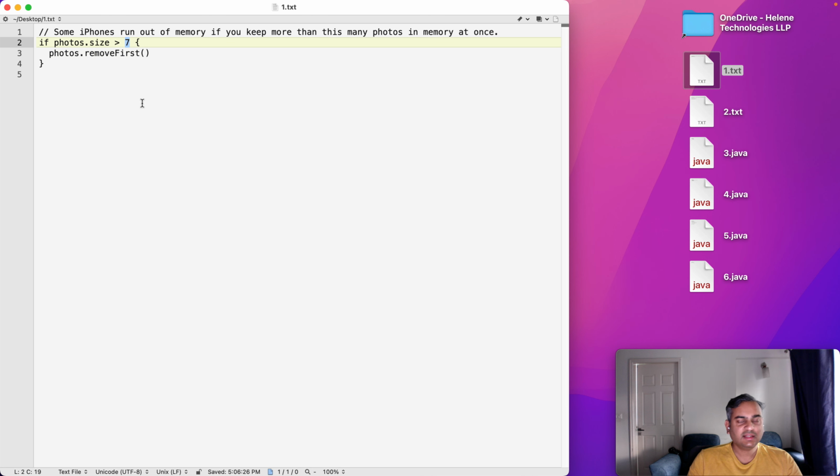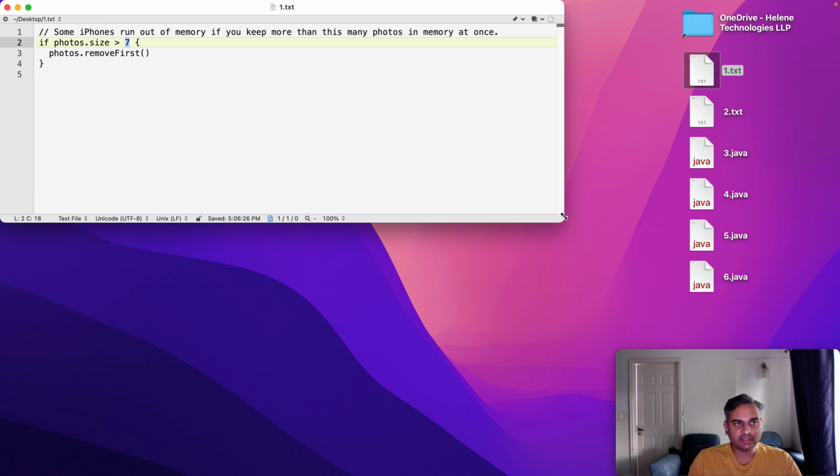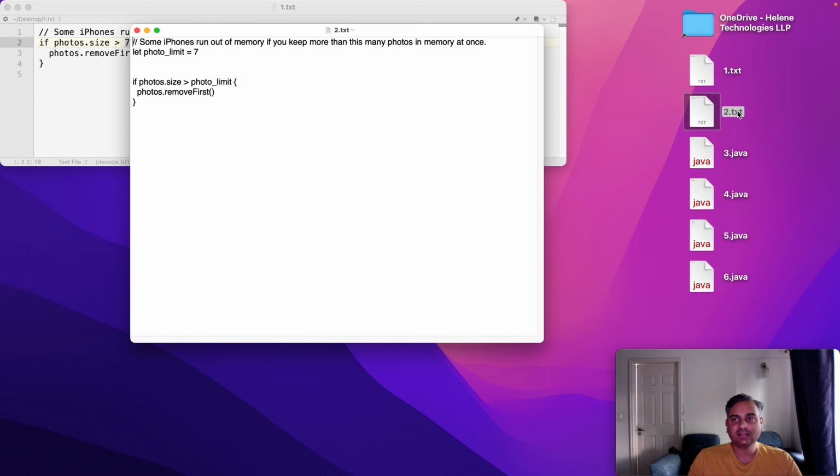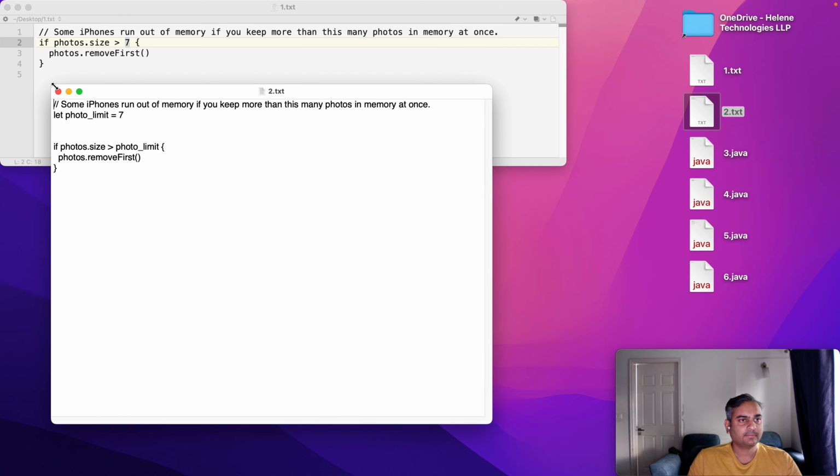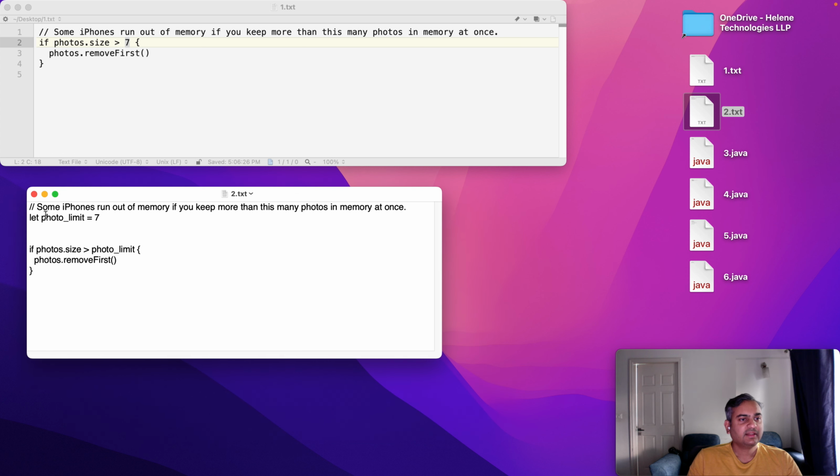Now, this is an inline constant. Some people may say, no, no, that's very bad. You'll be punished for this. They'll suggest you write it this way. Let photo limit equal 7. But this code is not any clearer, especially since the original code already has a comment. It doesn't need to be improved further, right?